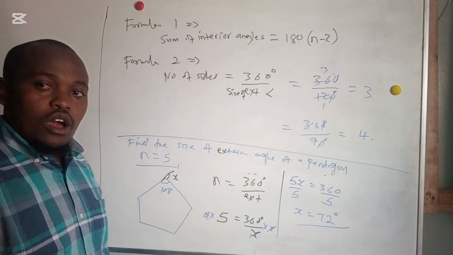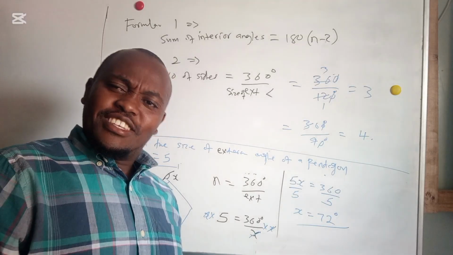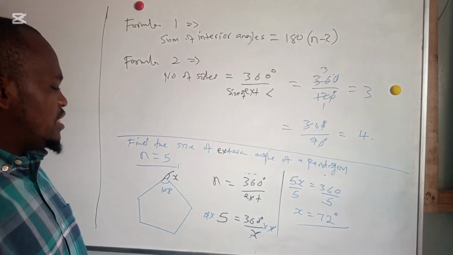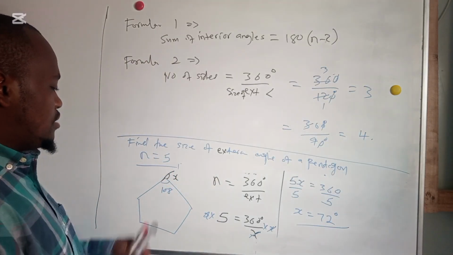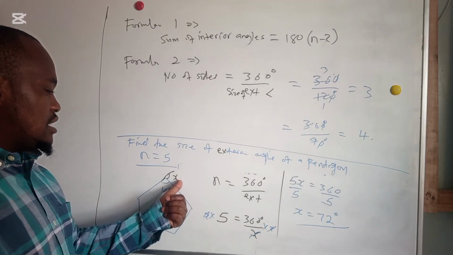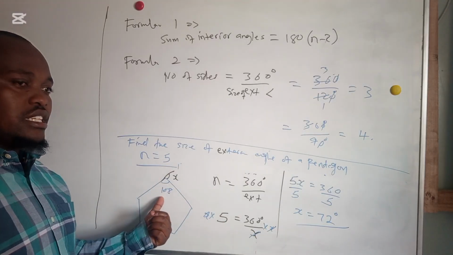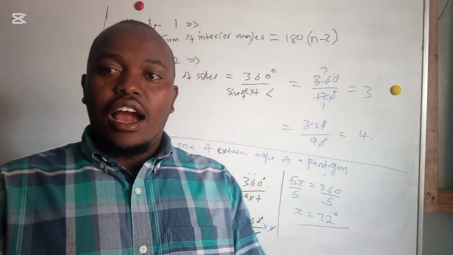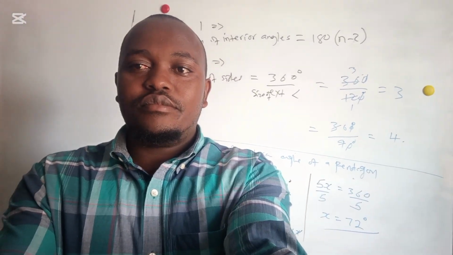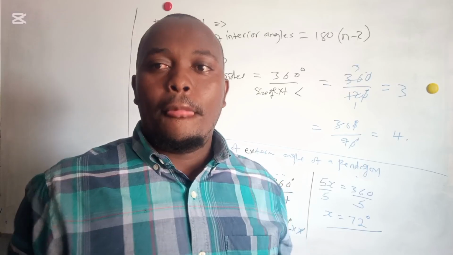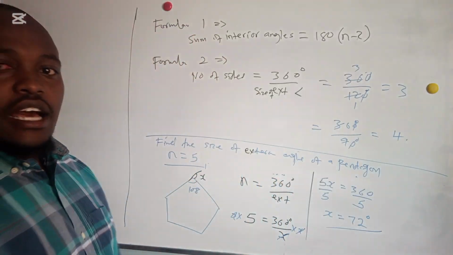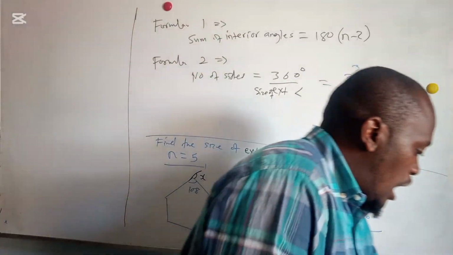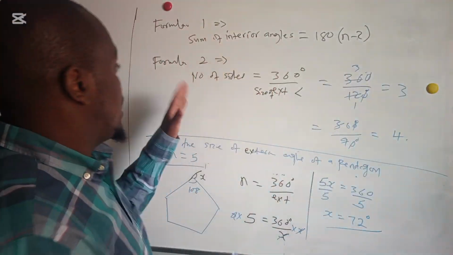It is exactly what we had gotten here, because we got this one as 108 and here is 180 minus 108. Will you ever face such a question? So you can use the two formulas to get even the size of the angles. If you start with this, you get the exterior angle. Then to get the interior angle, it is 180 minus the exterior angle. Good. Now let us look at how then these two formulas